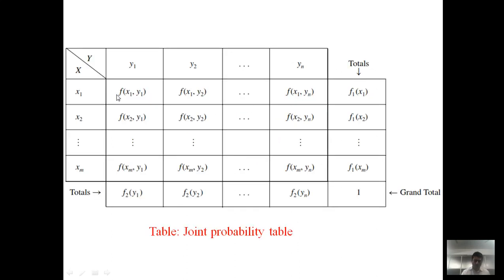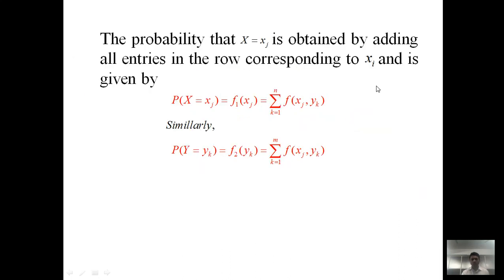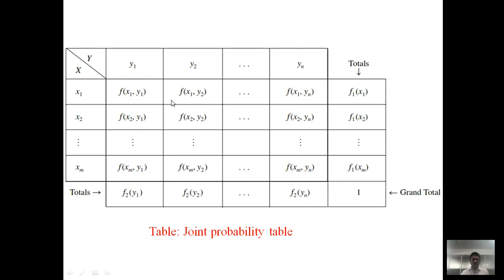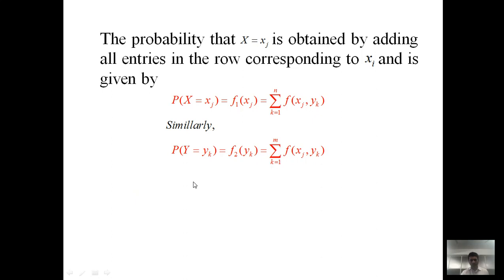So we have to find the summation of all these rows, and it is represented by f1 of x1. This property is the same but corresponding to the column. The sum of all these elements is f2 of y1. Here we have to write it in generalized notation, where j and k are running from, say, 0, 1, 2, as per our requirement.